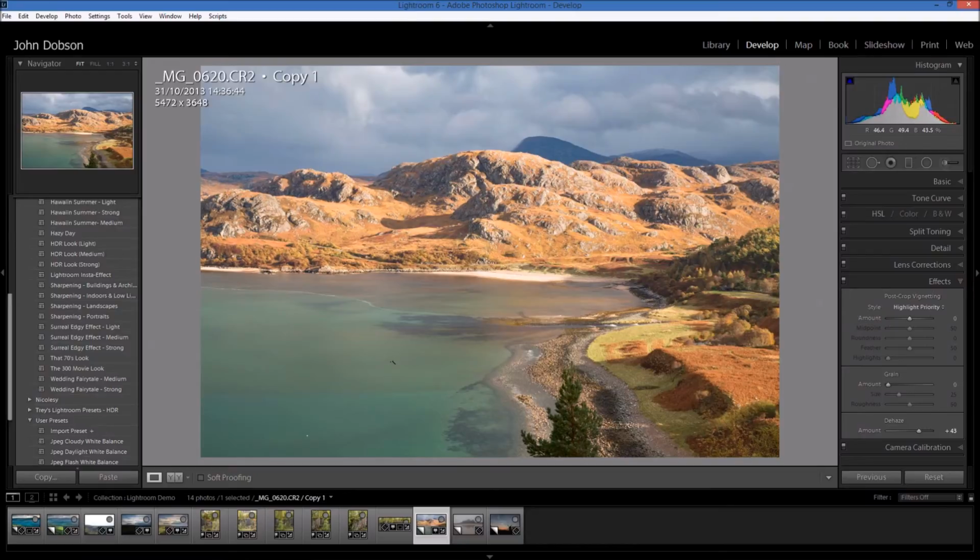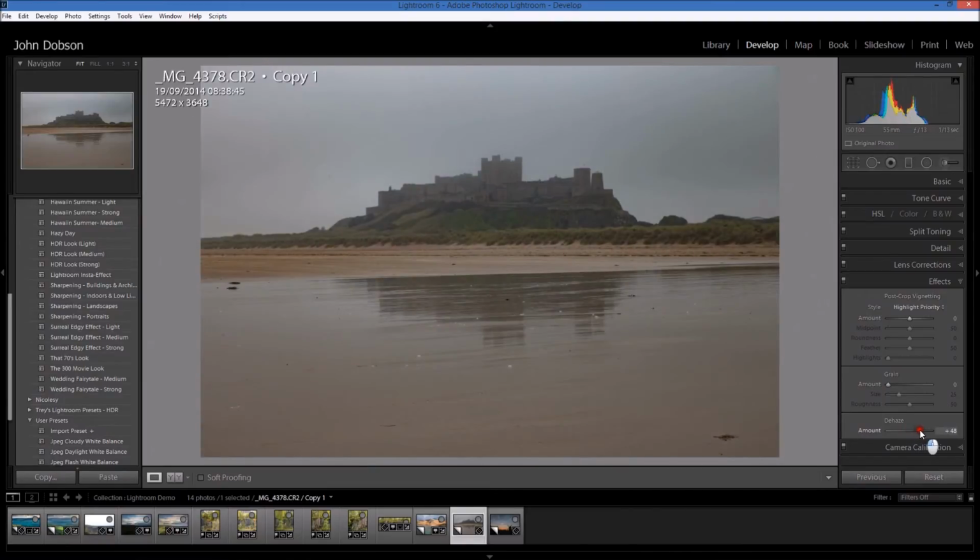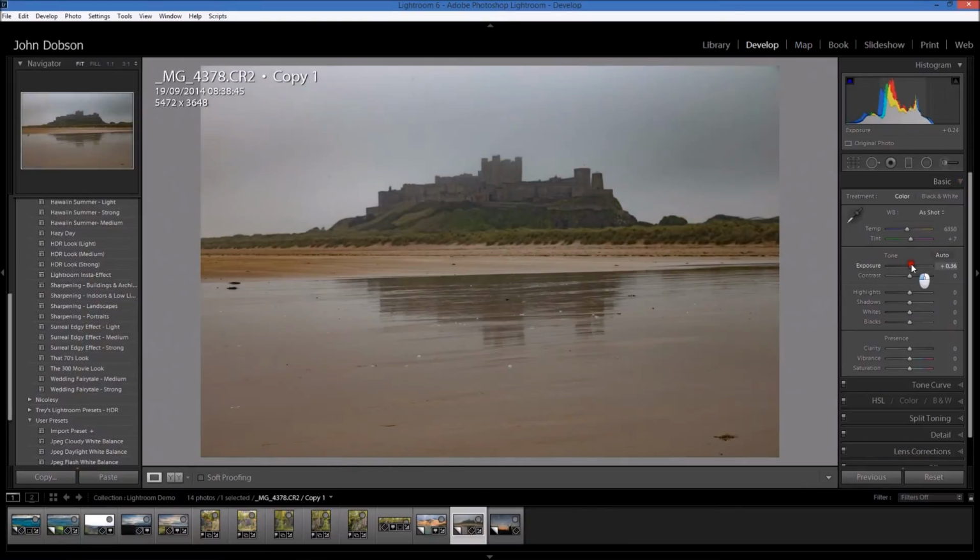So let's have a look at another one of the effects. So this is clearly a foggy day. This is Bamburgh Castle. Quite a foggy day. Again, I've not done any work on this photograph. This is as it's come straight out of the camera, and I'm just going to move the dehaze slider up. Go to the basic panel. Let's just brighten it,